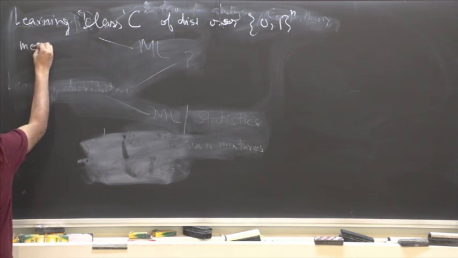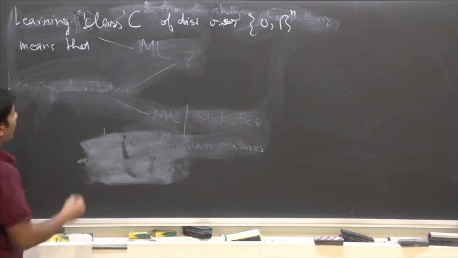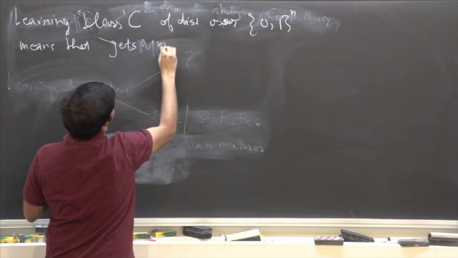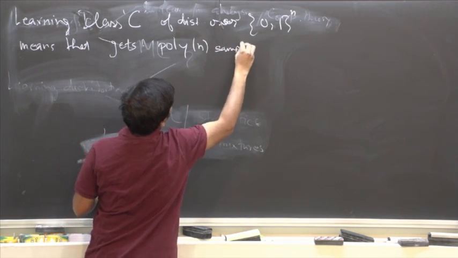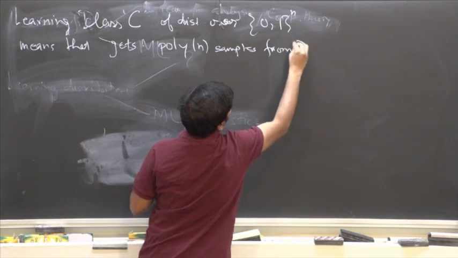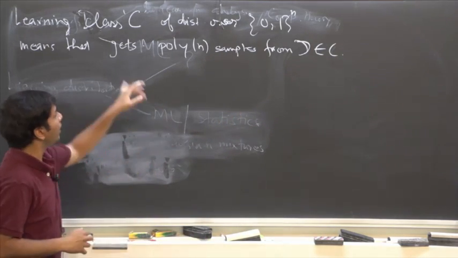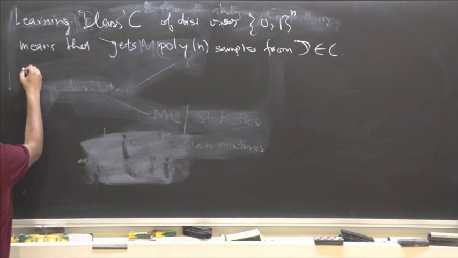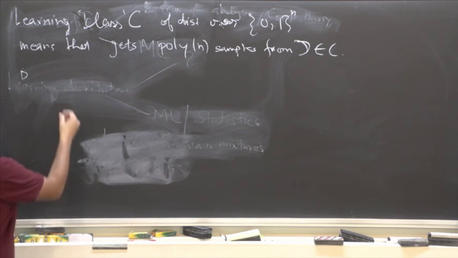Means that the learner, the algorithm, gets, let's say, polynomially many samples from an unknown distribution D belonging to C. So the learner doesn't know what distribution it is, it just belongs to this family. The learner gets polynomially many samples, and then after this is supposed to output, running in polynomial time,